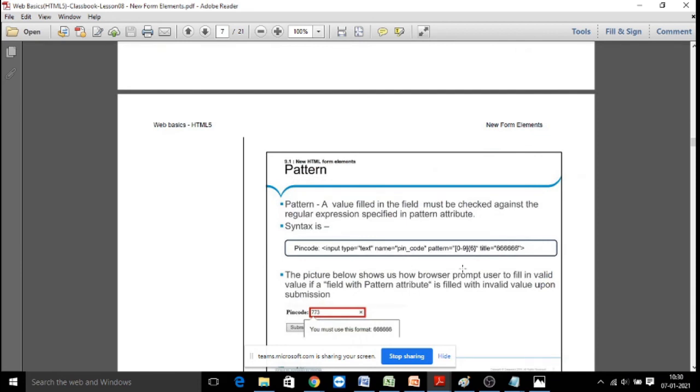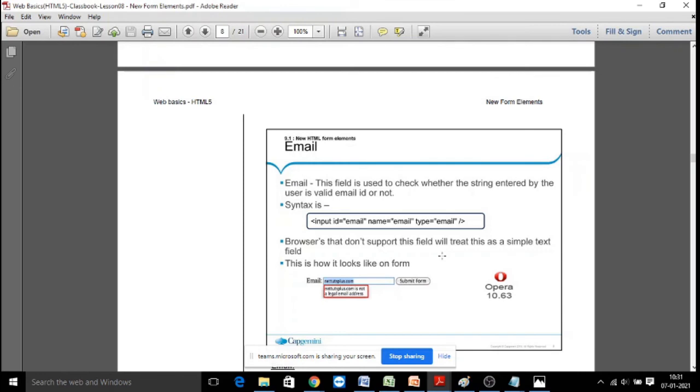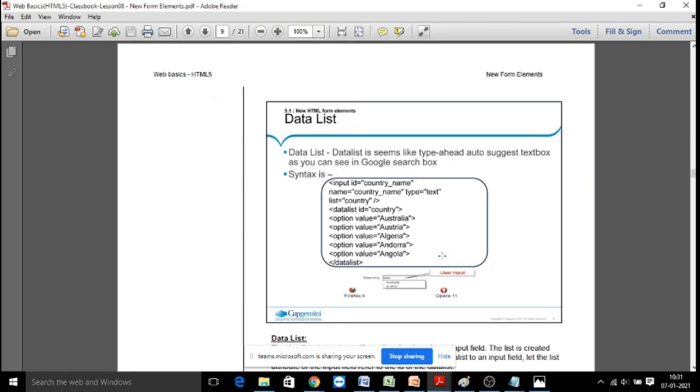You can give a pattern. Let's say you are giving some text, and the pattern says the length should be 6 and only digits should be accepted. Then you can give a pattern. Email means it should properly check for email validation.